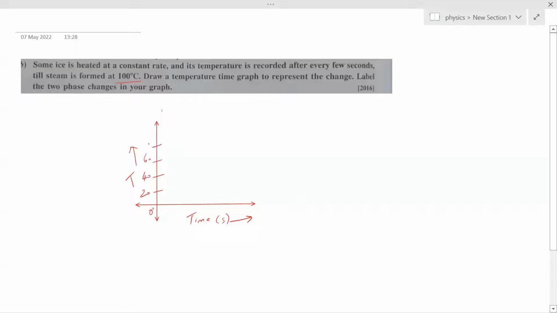60, 80. Sir, should I go to 100? Clear? So the ice will be heated and at 20 degrees Celsius, till 20 degrees Celsius it will be heated and